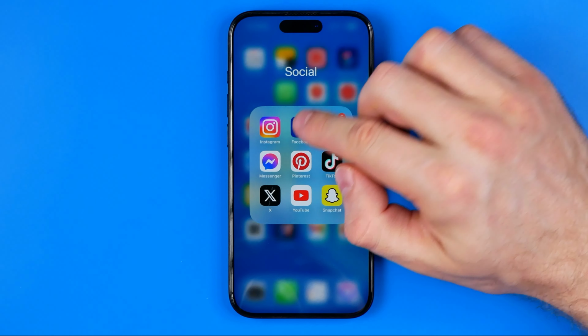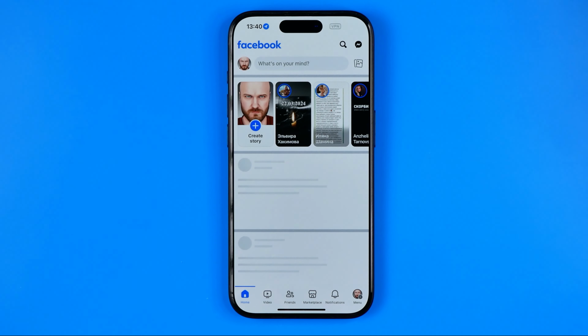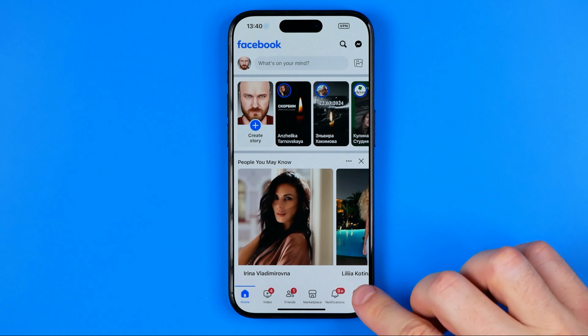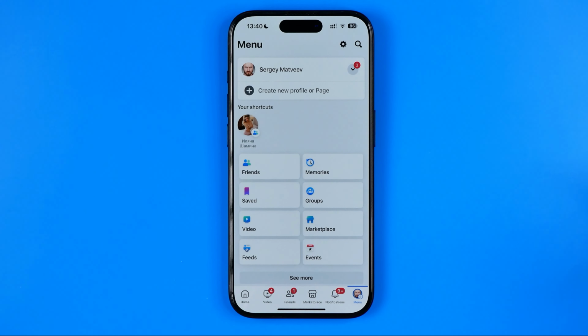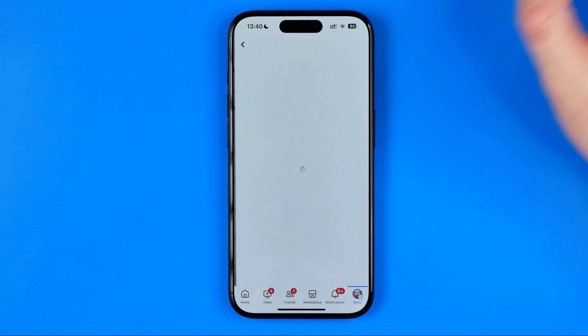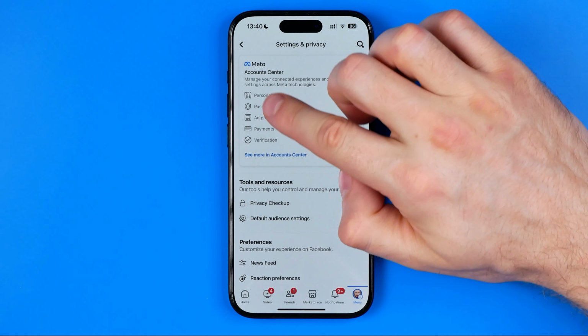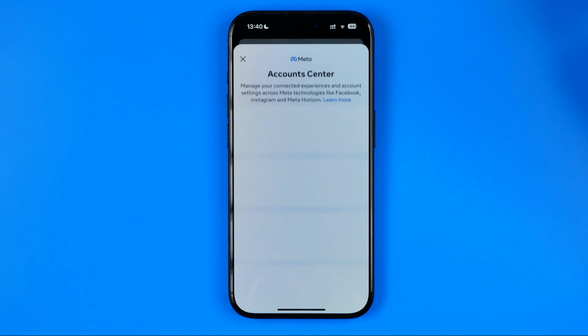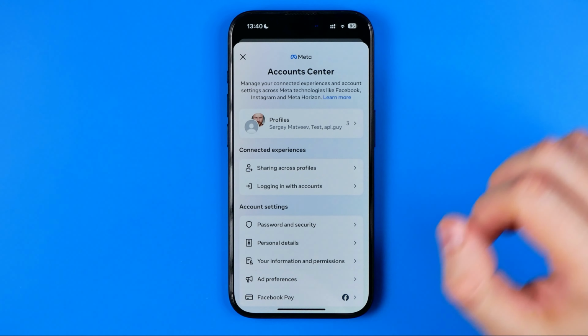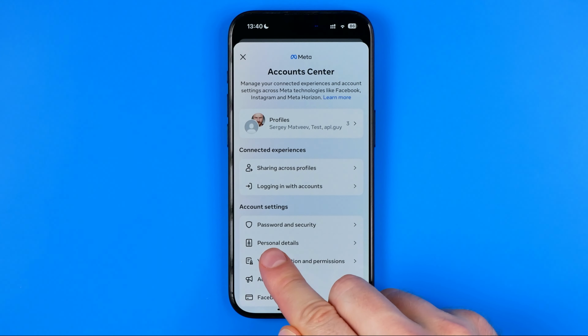Let's get started, guys, and first off, open up Facebook app. Then head over to menu. Tap at gear to move on to the settings and privacy, and then tap somewhere here to head over to Meta Account Center. Then tap at personal details